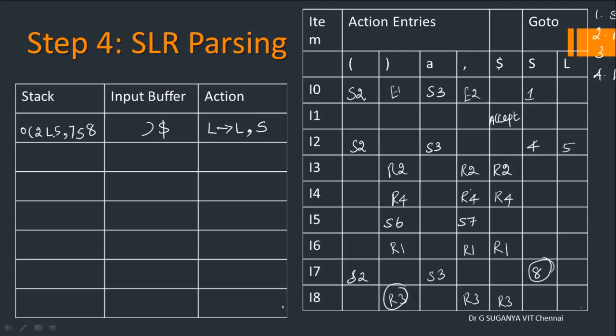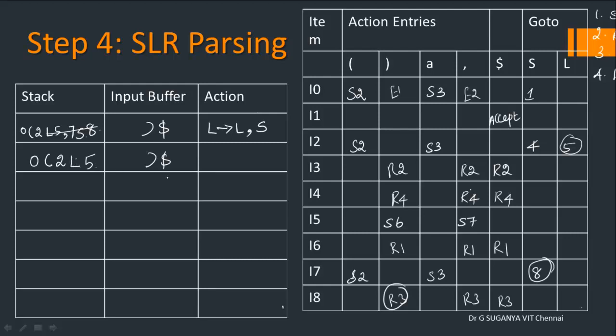The entire same structure you can see here, L comma S with the states in between. So you have to pop out all these things. So it is 0 left bracket 2. Here it is close bracket dollar. So 2 comma close bracket. Sorry, you have to push L onto the stack. No, I forgot that. Now 2 comma L. What is the state transition? It is to 5. So what I did: popped out 6 symbols, then pushed in the corresponding left-hand side symbol, which is L. Now we want a state. So 2 comma L, go to, it is 5.